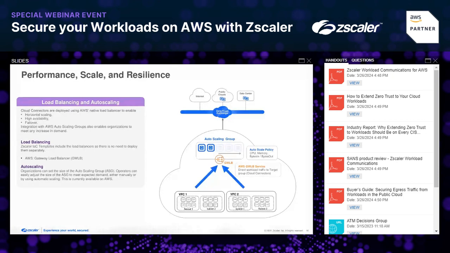Well, we have partnered with AWS and we've worked with AWS rather extensively to build in things like support for gateway load balancer and support for the auto scale functionality, right? And so the idea would be here, as your organization, when you deploy the Z connector or the workload protection solution, you perhaps, as a best practice, might deploy a few Z connectors, maybe one or two in each availability zone, or 2 or 4, depending on what your resilience needs are. But after you deploy those appliances, looking forward, if the organization ever runs into a situation where perhaps you see a spike in traffic, or perhaps you see